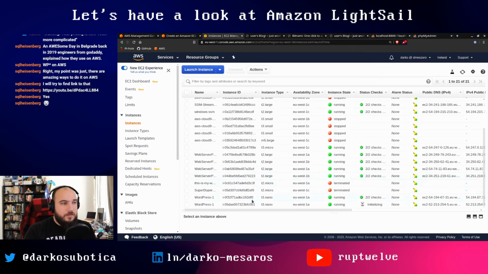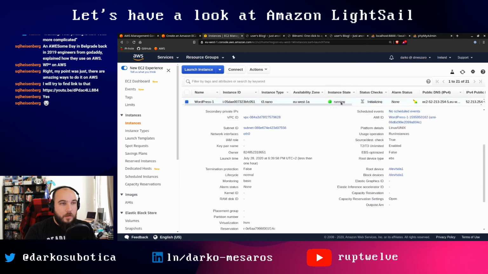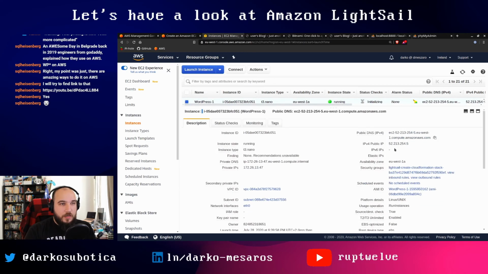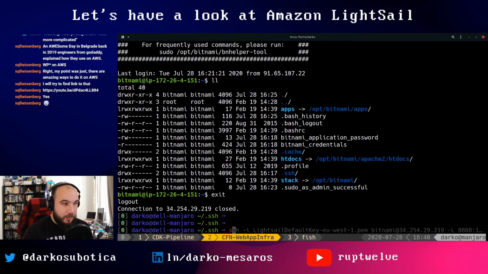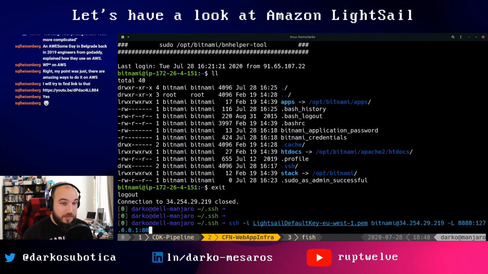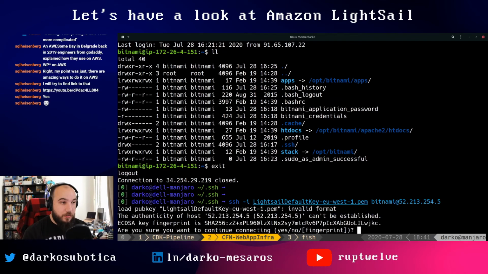I need to find it somewhere here. Okay, here it is. So WordPress 1. I can see that it's running on this IP address. If I go here and exit out of this, I can SSH in again. I can use the same key because that's the one present, and just use the new IP address here, and hopefully,